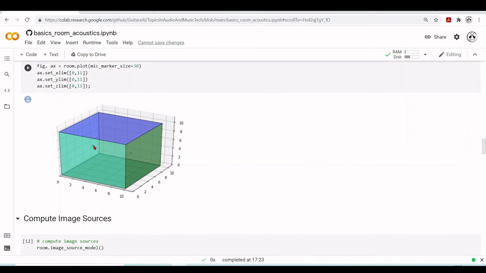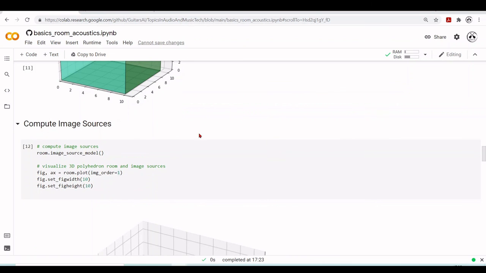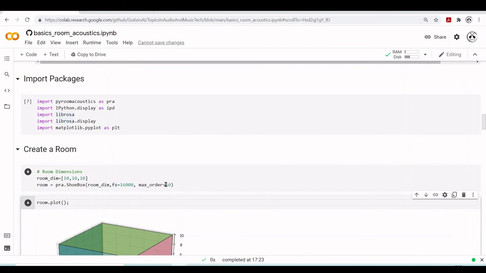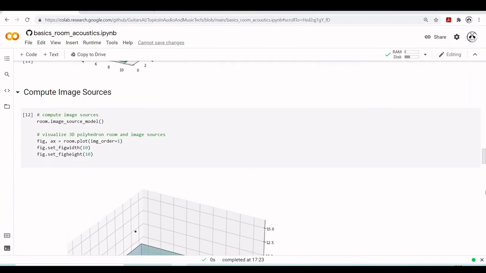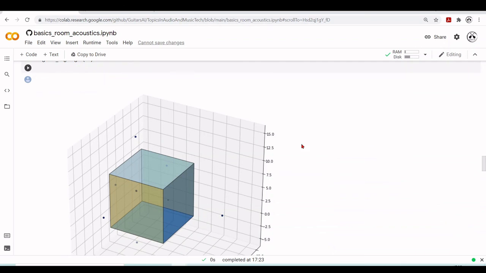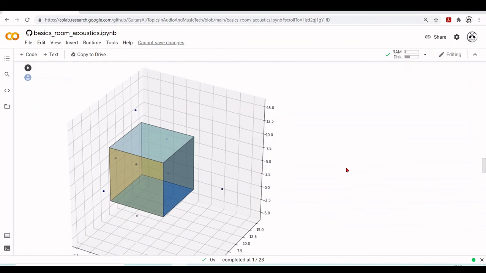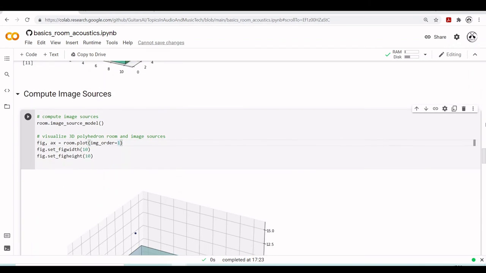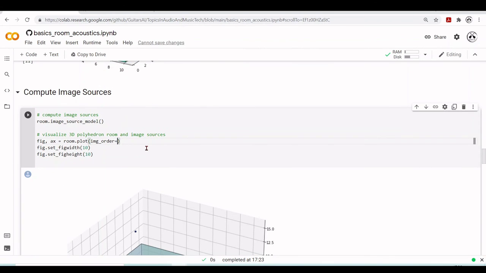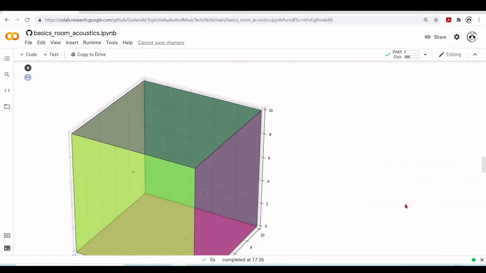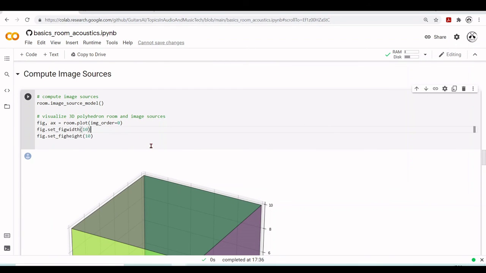After we define the position of our source and our microphone, we can compute the image sources. Remember that here we defined the order of our model as 10, and here we can now plot the image sources and also our room with our microphone and our source. This is just a visualization. The order was defined here, and here I can just visualize. For example, if I have order 0, then I will just have my source and my microphone. But order 1,